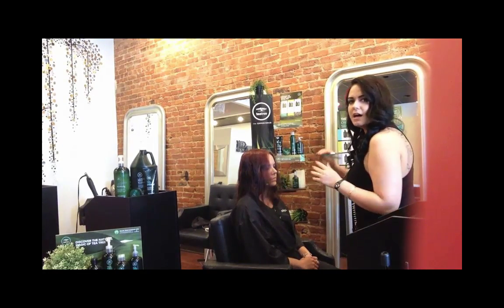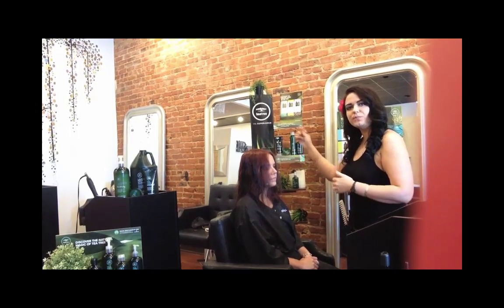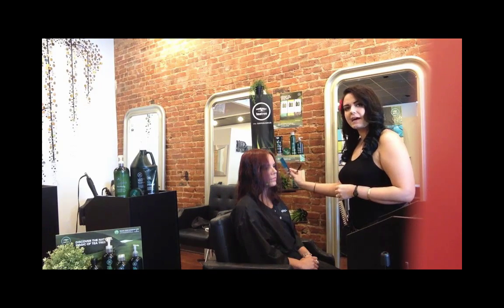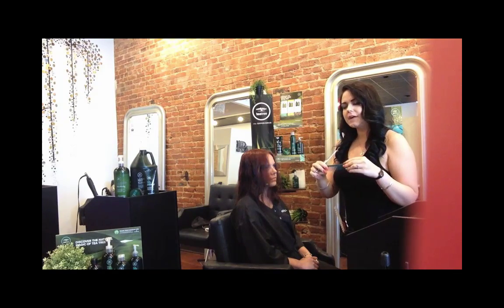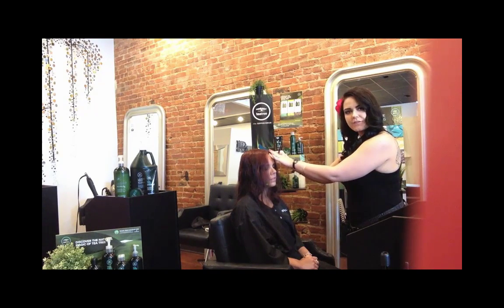So we have already cut our first side. What we did to cut our first side is we stood behind our model and we took that first section in the front, a diagonal parting, and we pulled it straight out and over so that we could get a cut from short to long. And what we did after that was we took that first section and we took a next section and we put those together so that we could